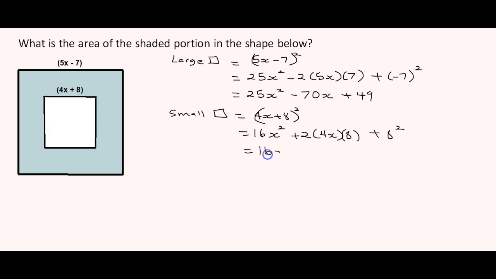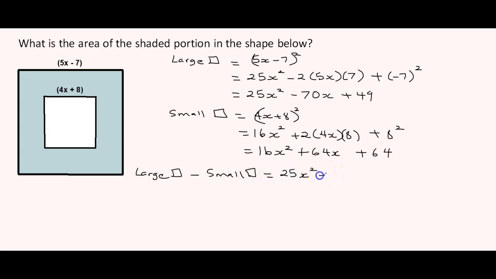So 16x squared plus 64x plus 64. So now that we have this, we're going to go large square minus small square, which is going to be